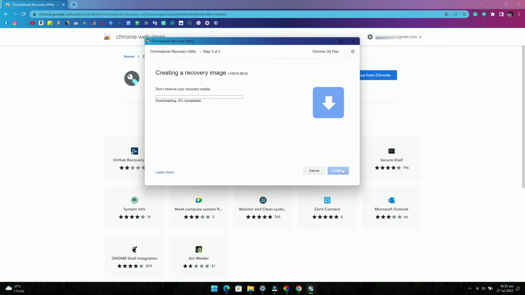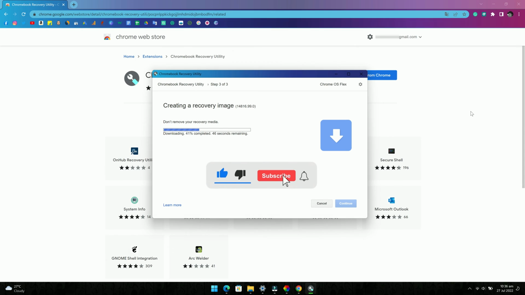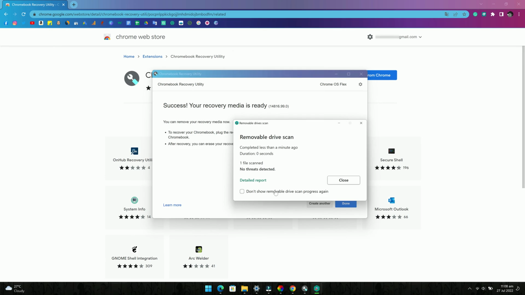on Continue. And finally, click on the Create Now and it will start creating a bootable Chrome OS Flex recovery image. This process can take anywhere around 20 minutes to 60 minutes depending on your internet speed and computer hardware. Once the recovery media is completed, restart your computer and keep pressing the boot key until your BIOS boot menu